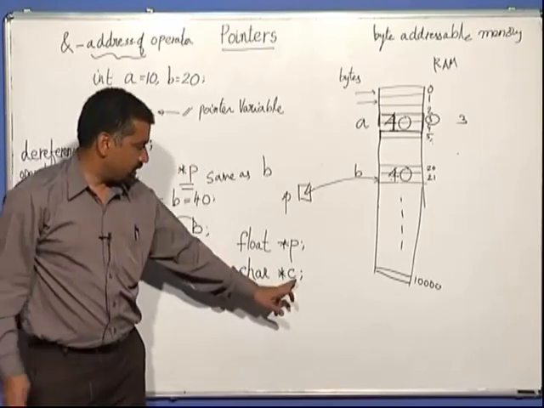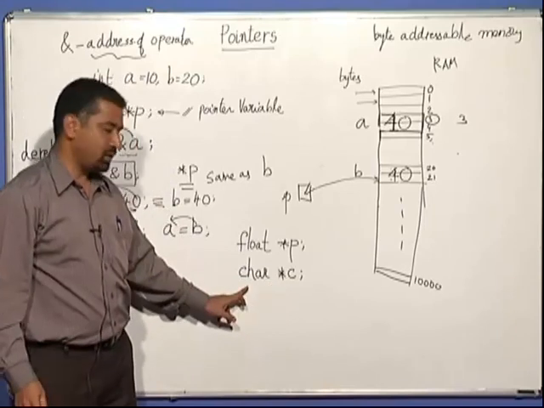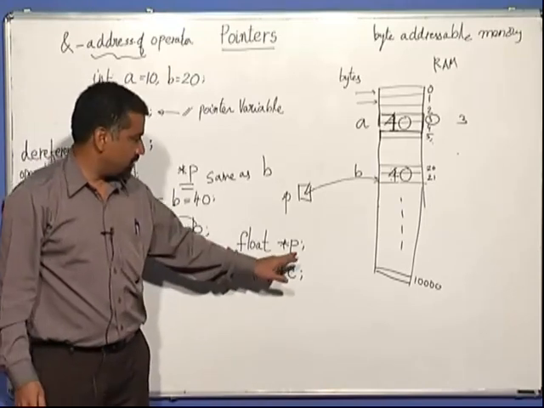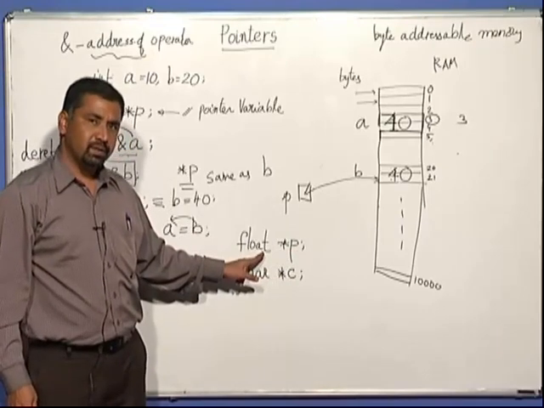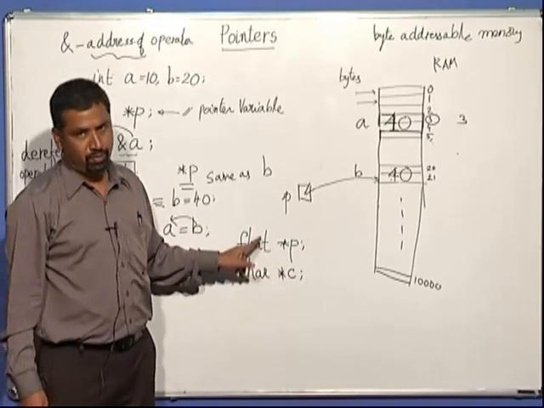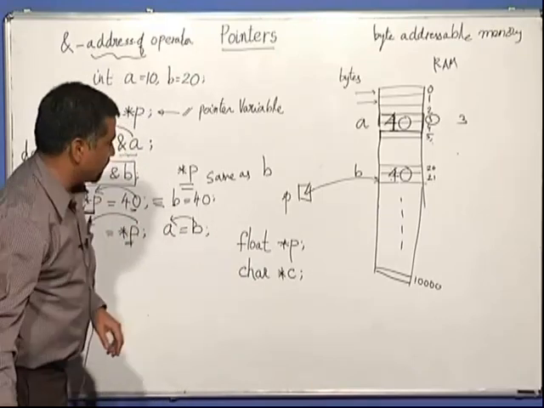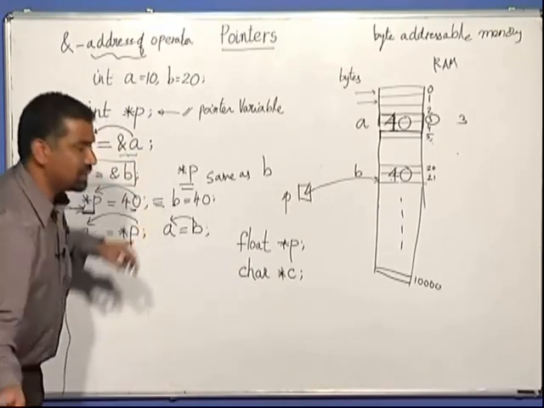So C is a pointer which can hold the address of a character. P is a pointer here which can hold the address of a floating point variable, and so on and so forth. So that is the syntax of declaring a